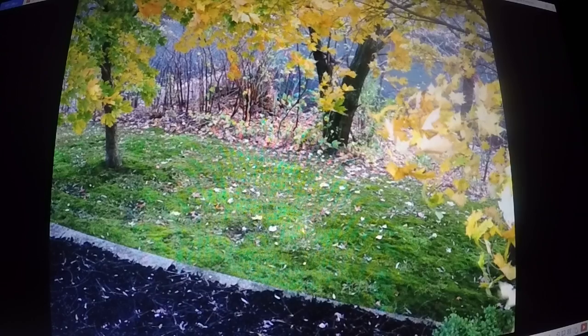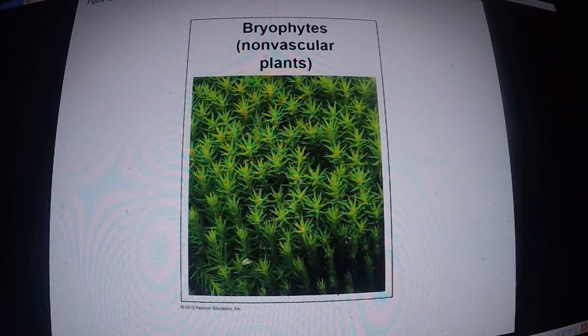I was up in New Jersey a couple of years ago, and in the parking lot next to the hotel we were in, there was a little stream, and the whole bed leading down to the stream was moss. I was like, oops, I told them the wrong thing. But you don't usually see that too often. Here's some pretty bryophytes.